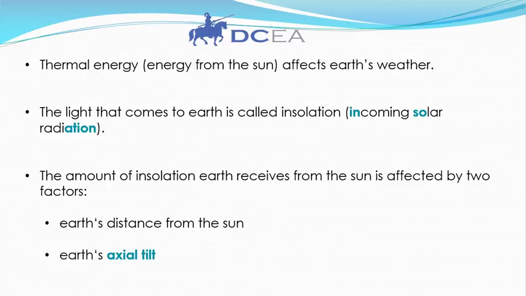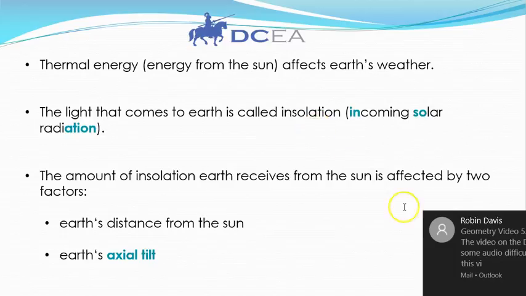Thermal energy is energy from the sun, and thermal energy affects Earth's weather. The light that comes to Earth is called insolation. This word insolation comes from